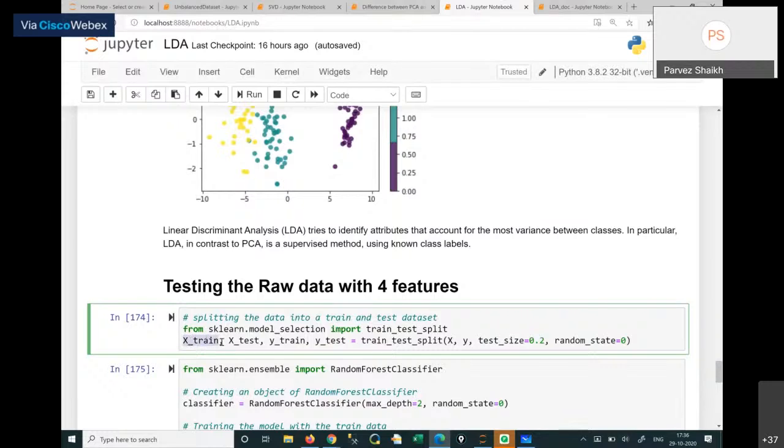I'm taking that particular 80% in the X train variable, and the rest 20% of my input feature into X test variable. Similarly, for my output feature, I'm taking 80% of the data in the Y train variable and the rest 20% in the Y test variable. So if I run this,